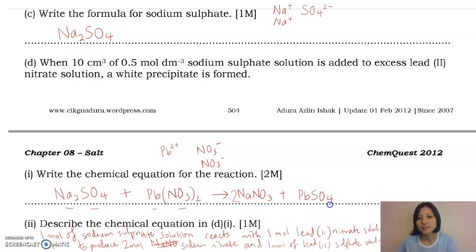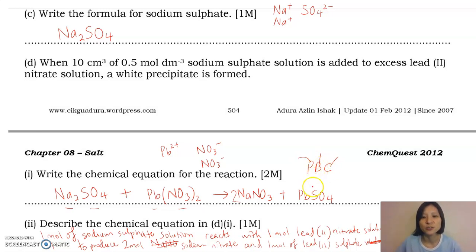Something wrong here. This is not a solution. So you have to be very careful. All sulfates are soluble except for lead, barium and calcium. So PbSO4 is insoluble, BaSO4 is insoluble,